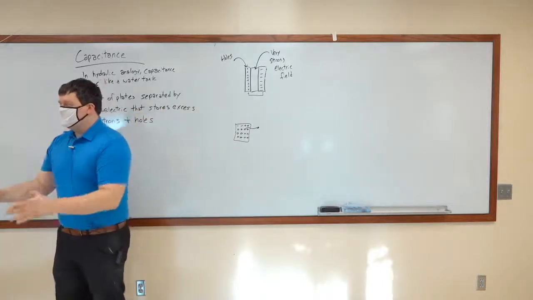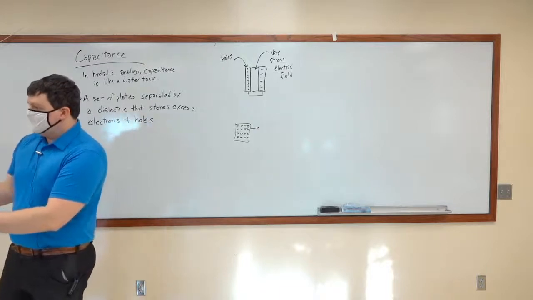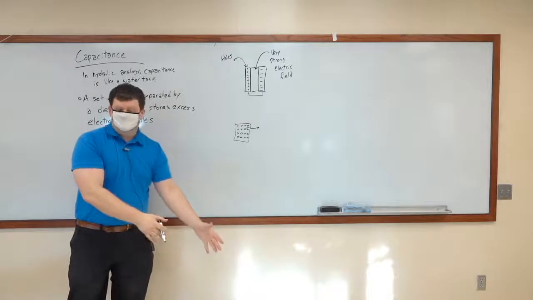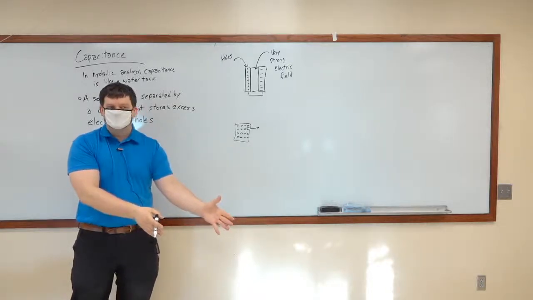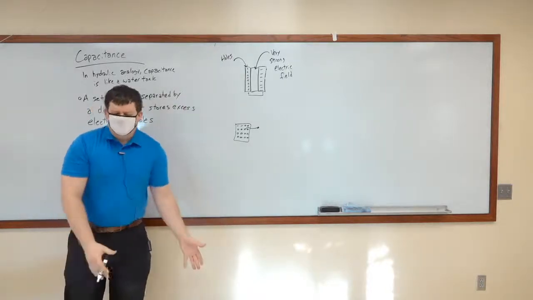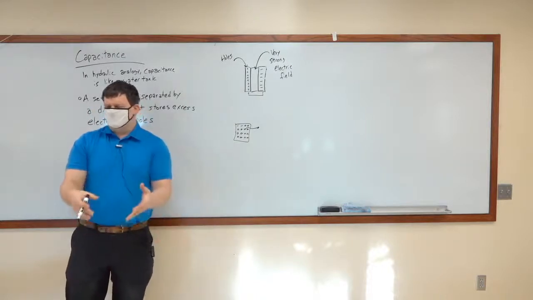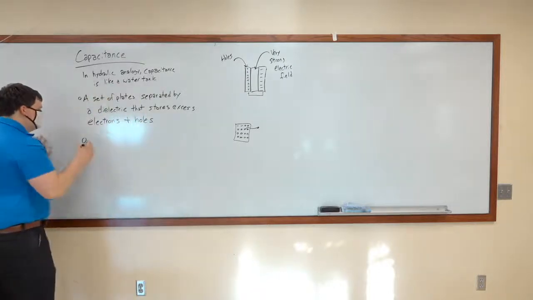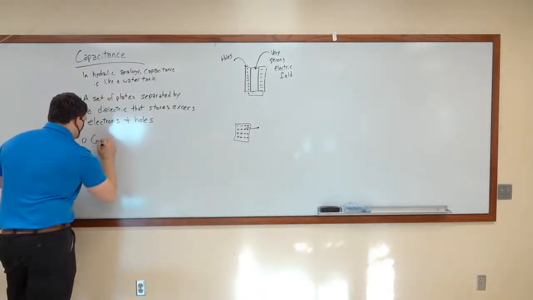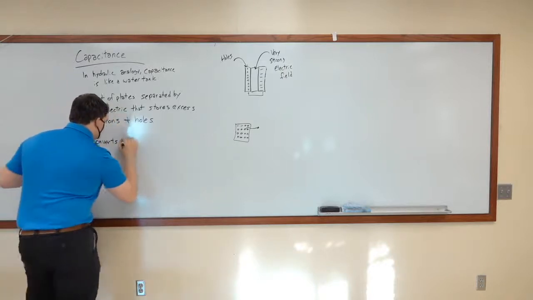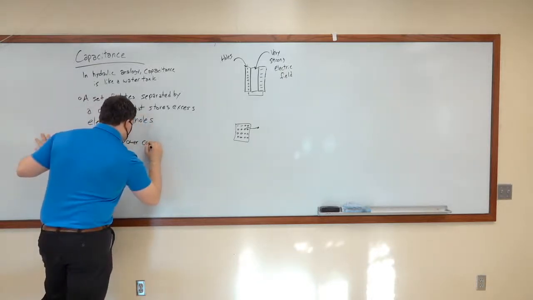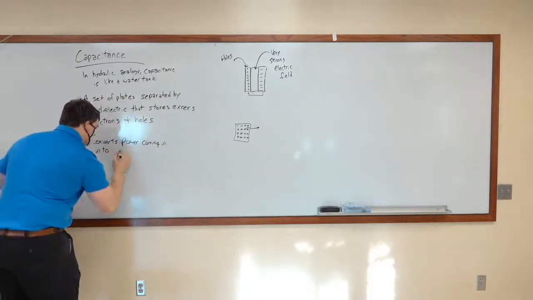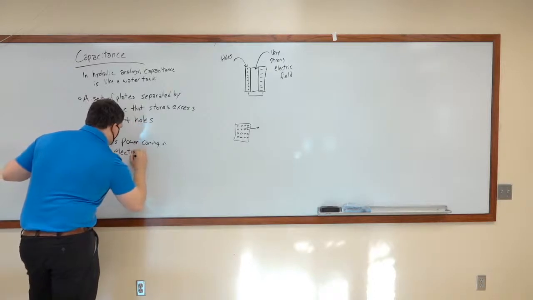Resistors change energy that comes out of the battery. All the power coming out of the battery, resistors change it into heat, or electromagnetic radiation, which eventually becomes heat, or mechanical movement, which eventually becomes heat. It turns into heat eventually. What a capacitor does is it converts power coming in into electric field energy.